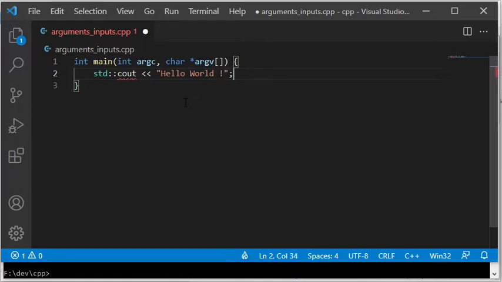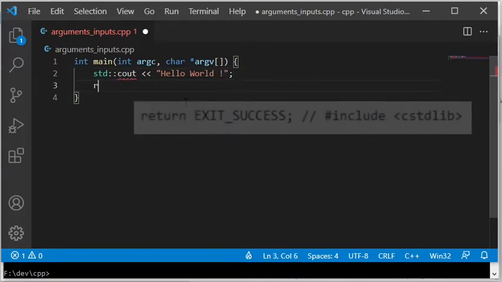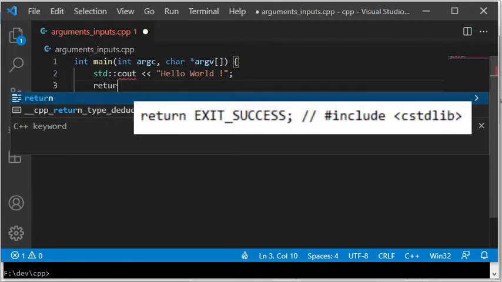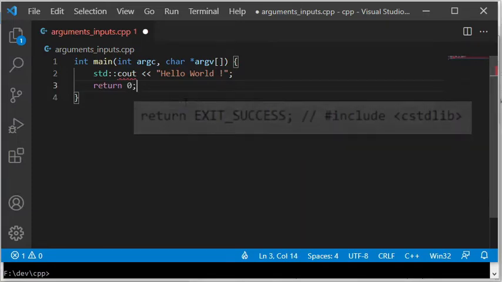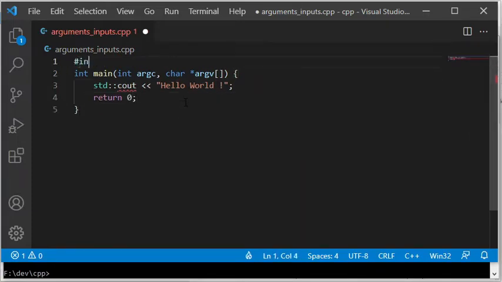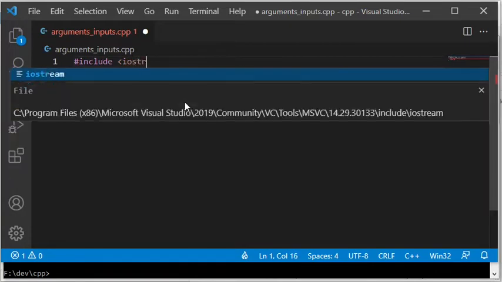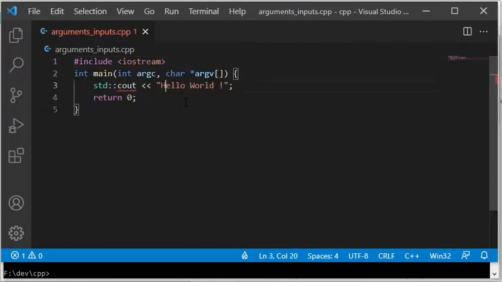The main function should return 0 or EXIT_SUCCESS with capitals to indicate successful program execution. To be able to use cout, you have to include iostream from the C++ standard library.